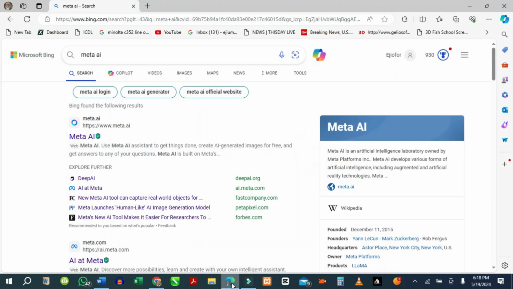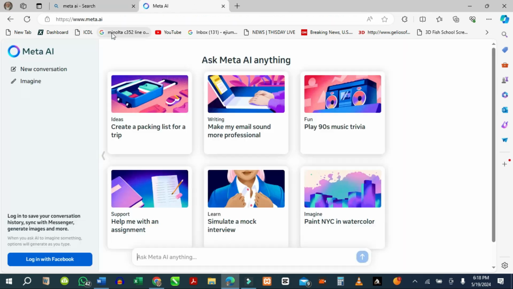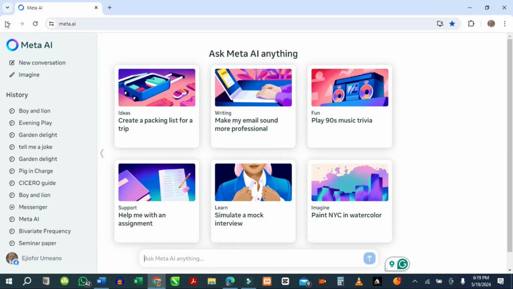When you just open Meta AI, let's search for it. When you type Meta AI, it opens here. You have an option to log in with your Facebook account or just to continue using it. It's advisable to log in because when you log in, you have the history of what you've done on the Meta AI. All your activities will be saved. So if we go to here, I've logged in. This is my name, and